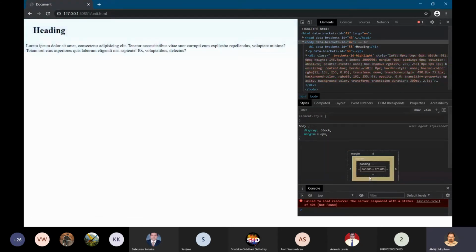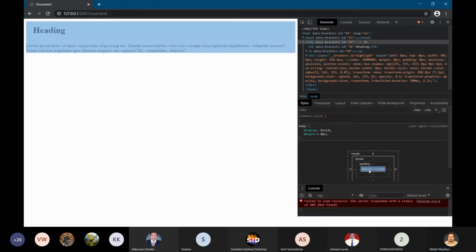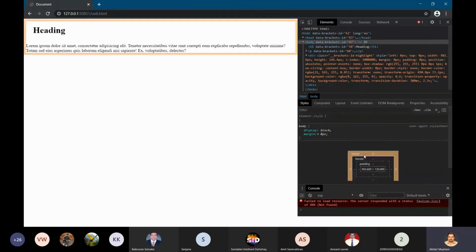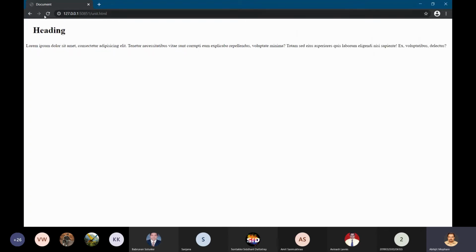Now see here, the moment I place the cursor on the content, see what is happening. This is the entire width of the content. This is padding, this is border. It is not showing separately because it is part of the content. But the moment I give the margin, it is 8. I think I will have to refresh this.